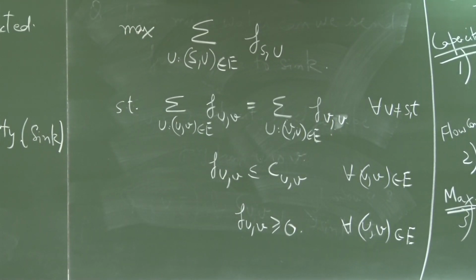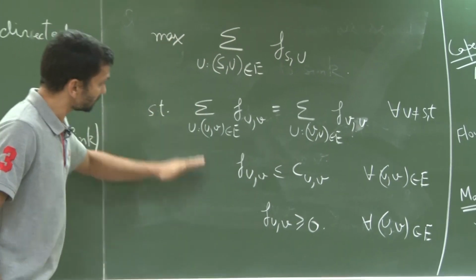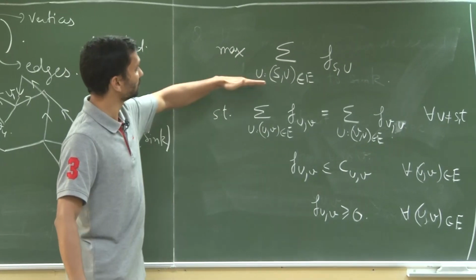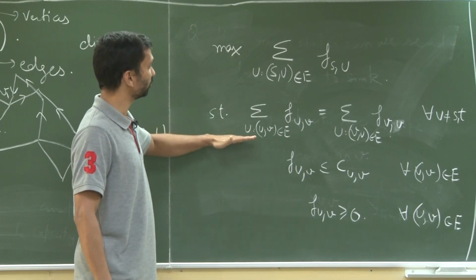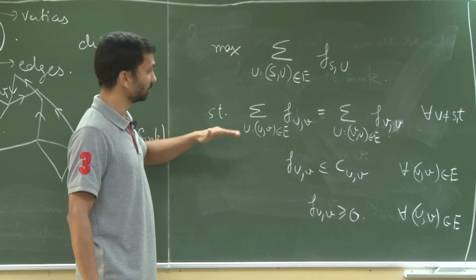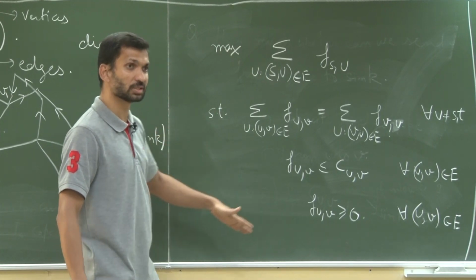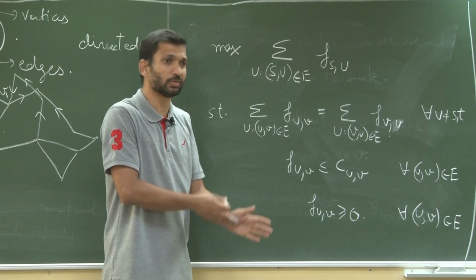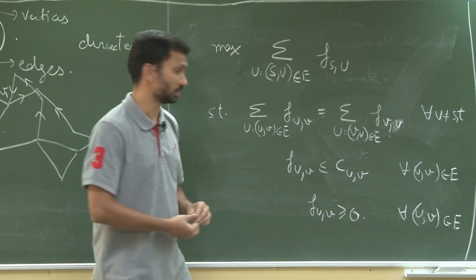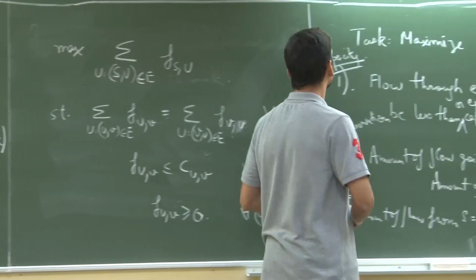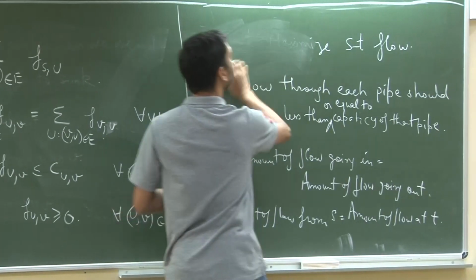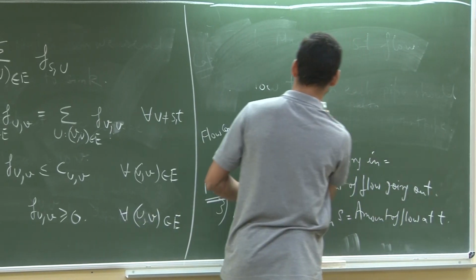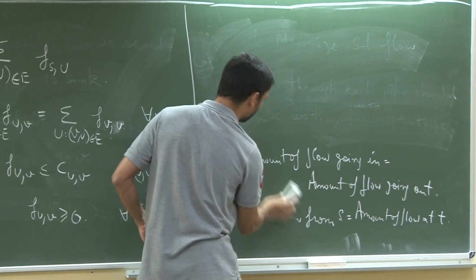Since this constraint is out, the problem becomes straightforward. This is the quantity which you want to maximize such that it follows flow conservation, it follows the capacity constraints, and each flow obviously has to be positive. There is a direction associated with it, so the flow should be positive here, right? And why are we happy? Exactly. We are very happy because this is a